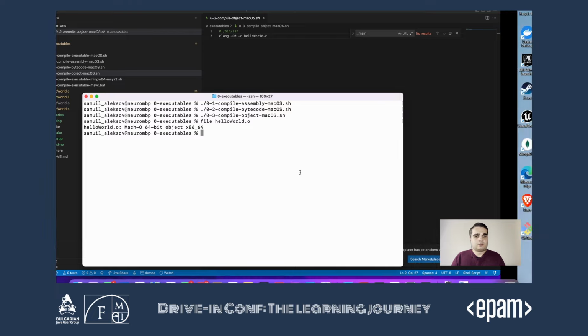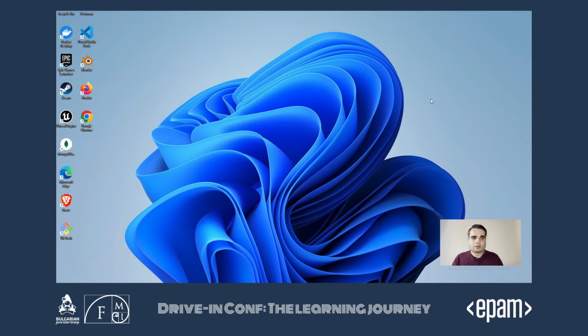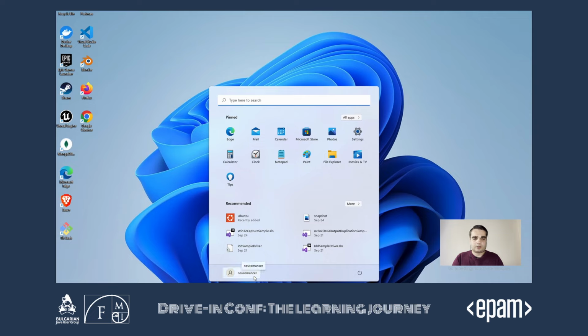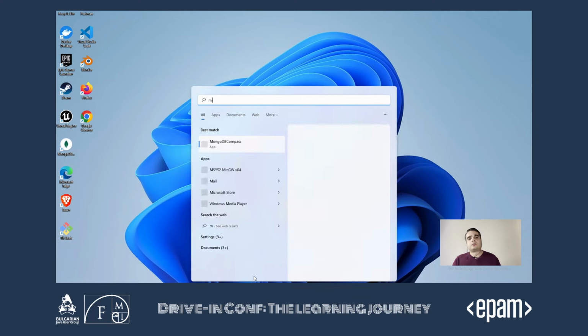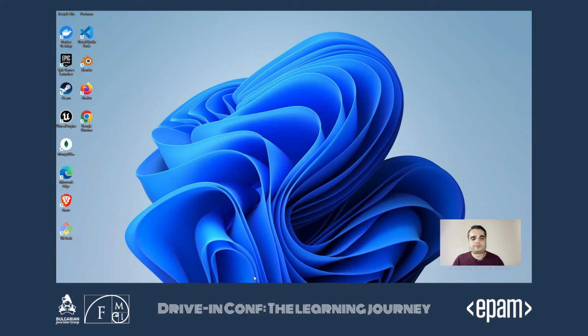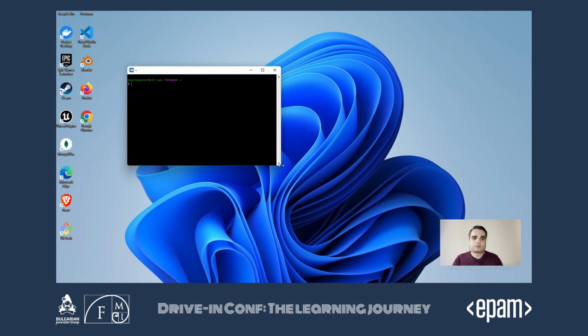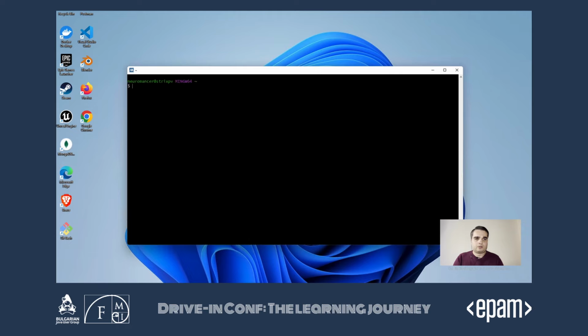We can do the same for Windows. So we do need to install MinGW and MSYS2, and right after we do that, we should have a MinGW terminal available. So I'll just navigate to the demo code.